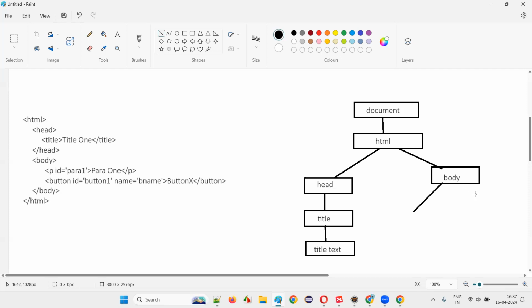Here I'll just write them. I'll write down the paragraph tag, the P tag, which stands for paragraph. P stands for para, right? So the P tag will be there. And under the P tag,